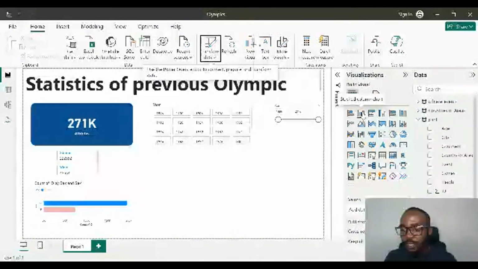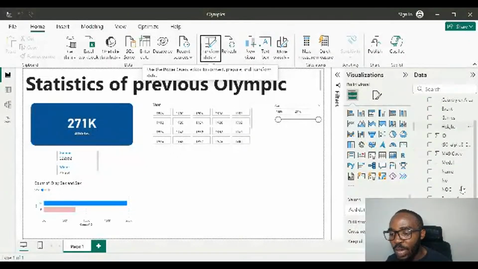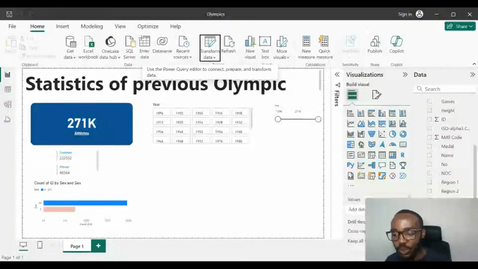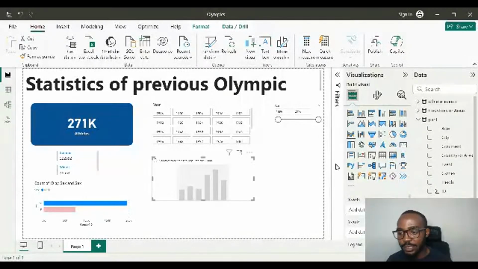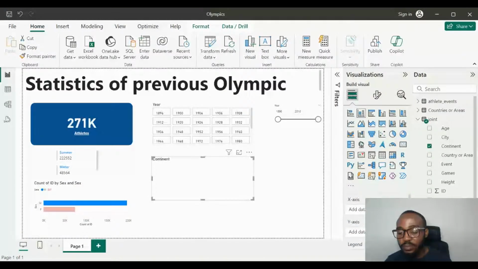Okay, great. All right, so now if you observe, this join table that is reloaded now has more columns, and two columns that are really important to me right now are teams and the column for continent. So I'm going to go back to that visual, the column chart here, and I'm going to select continent. Now I selected continent for the x-axis. Let's move this from the x-axis first to the legend. Okay, and then values, I want it to be based on